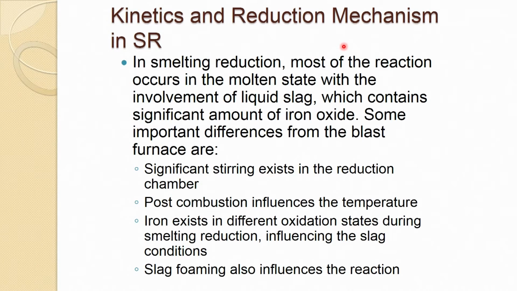In smelting reduction, most of the reaction occurs in the molten state with the involvement of liquid slag, which contains a significant amount of iron oxide. Some important differences from the blast furnace are: